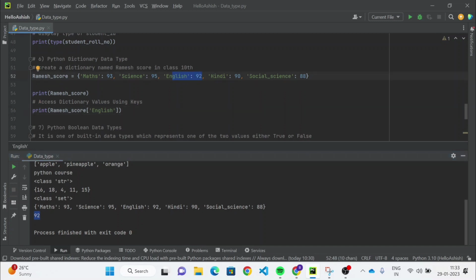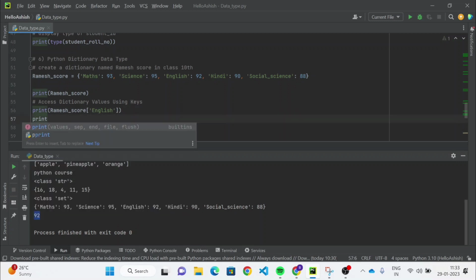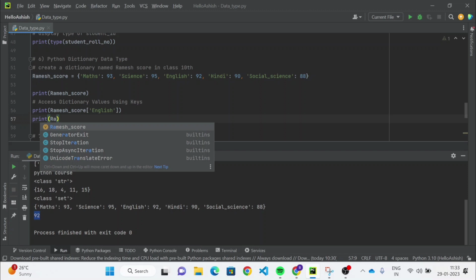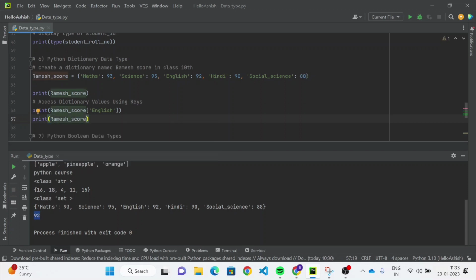So to access any item in the dictionary, that is a key value pair, please remember we can access the value using the key. So these are the keys: math, science, English, Hindi. For example, if someone wants to print the score for maths, use this and then maths.